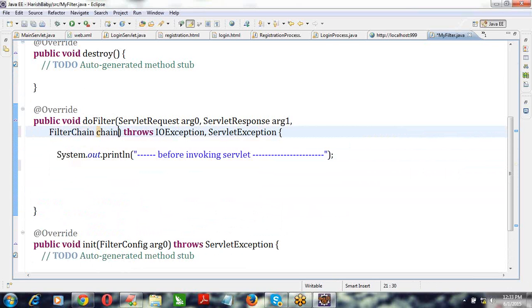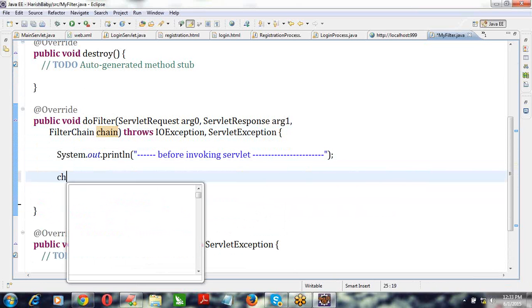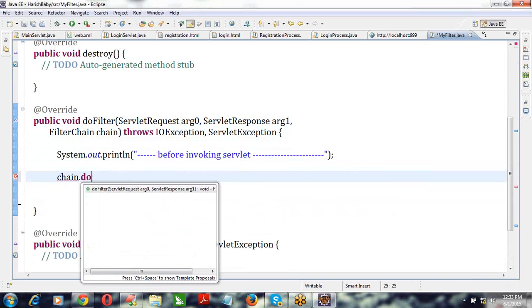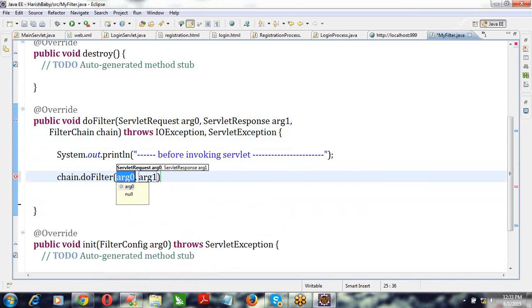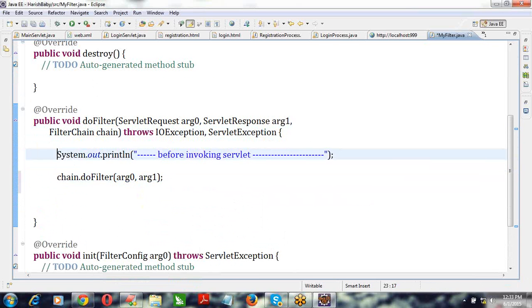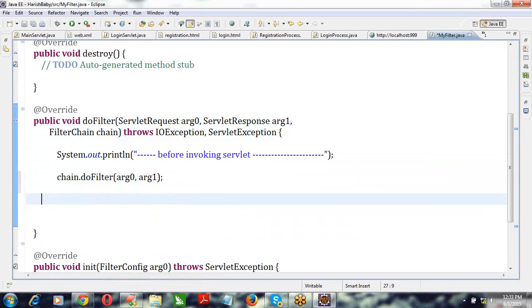In place of arg2, just for my naming convention, we rename it to chain. So here, give chain dot. There is a method called doFilter. We have to pass 2 parameters for this one: the request object and the response object. This method is already taking 2 parameters as input, one is ServletRequest and the other is ServletResponse. We'll specify those 2 objects. Then after that,